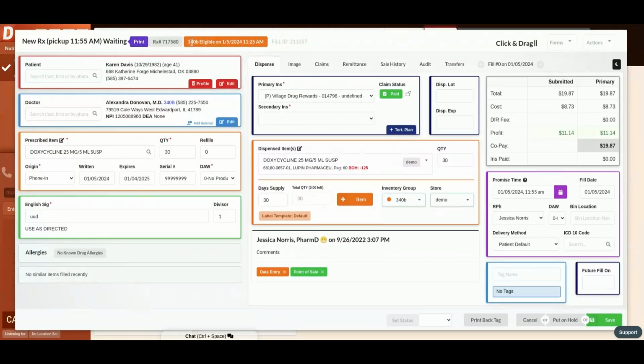After the prescription processes, you'll notice at the top, DRX has done a 340B eligibility determination and determined that this fill is 340B eligible with this timestamp. This is how DRX displays whether or not it made this determination and checks for all of those things we just discussed on each